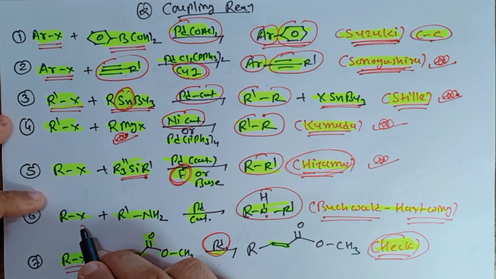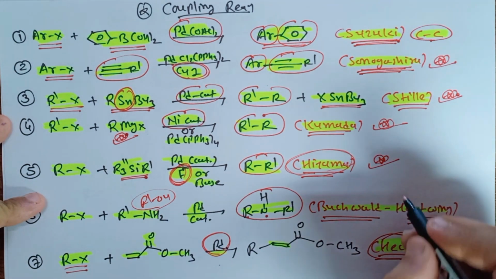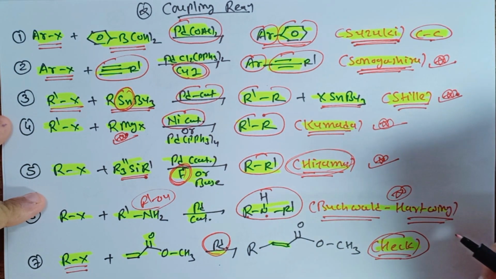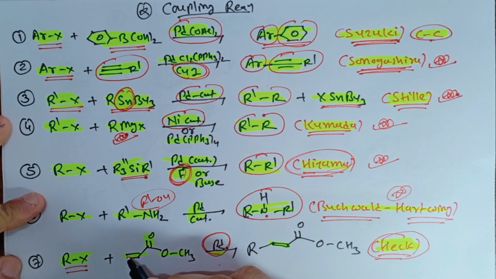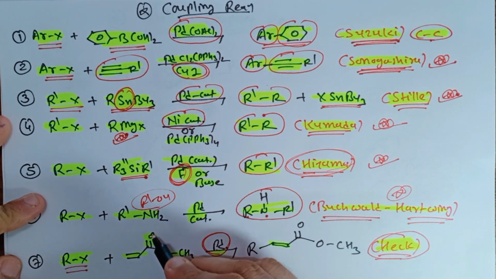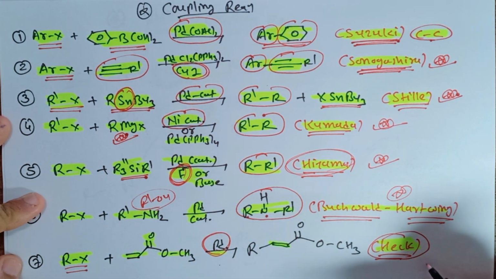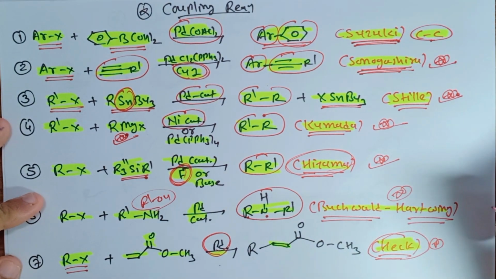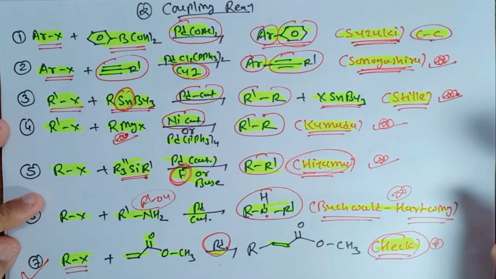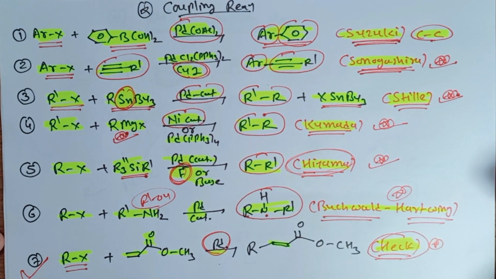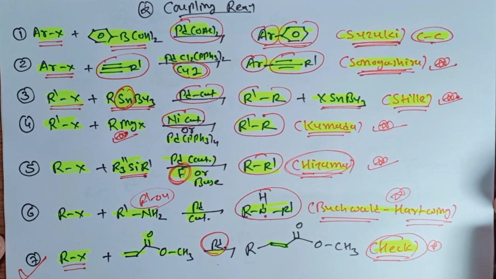Now if you are having R-NH2, or we can say the R-OH group, C-N or C-O coupling reaction, that is known as Buchwald-Hartwig reaction. Okay, and last one, that is RX with C=C, that is alkene group, CH=CHCOOCH3 and palladium. This is known as Heck coupling reaction. Okay, so now you can ask one question, that in all of these reactions there is only one reaction, that is Heck reaction, where you will find a beta elimination reaction. None of the other reactions will have a beta elimination reaction.